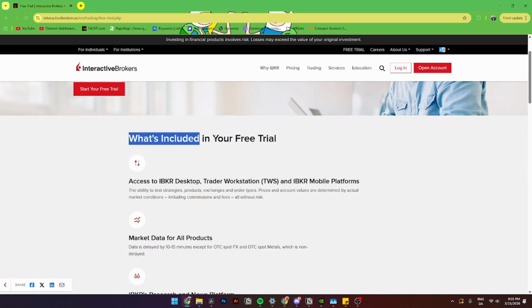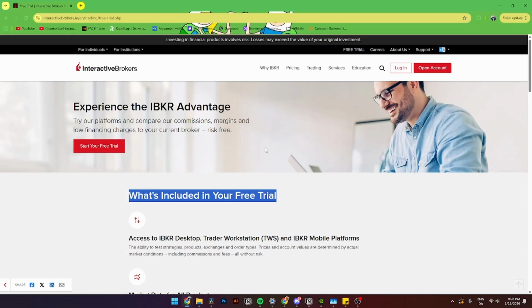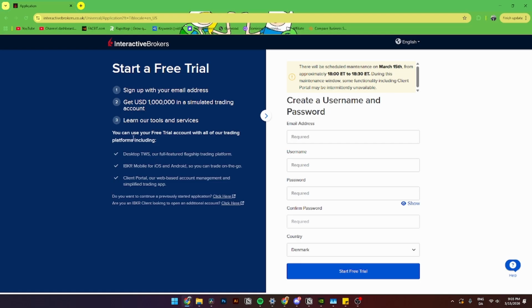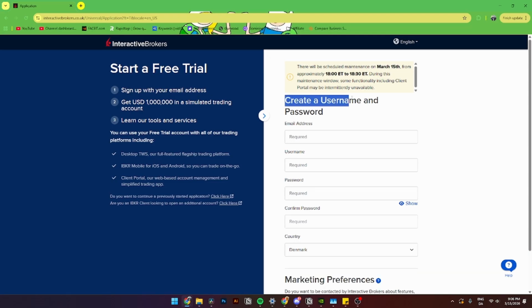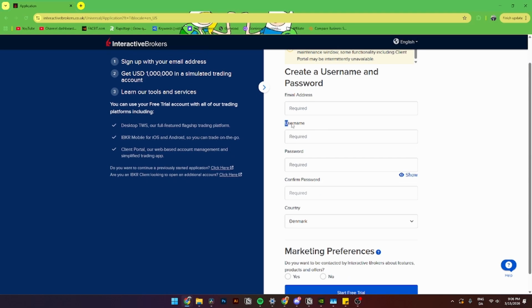Now from here you'll be able to read along what free trial is, but to start the process you will still need to do the start your free trial right here. From here, an application page will pop up. You'll be able to enter a username and a password. Here you will need to enter in your email address, a username that you will use to log in to